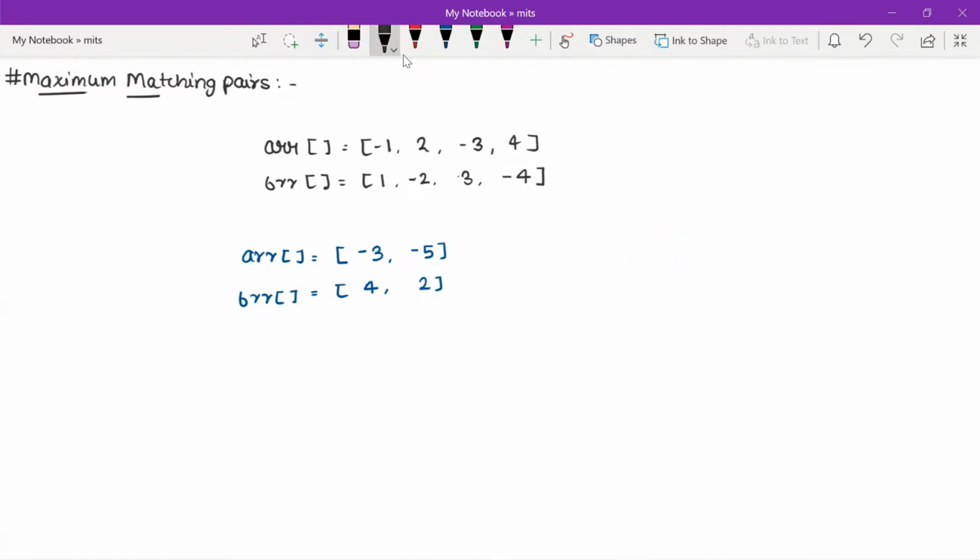So the very first step is to sort both the arrays: sort ARR, and then sort the second array, BRR. And after sorting, iterate over all the elements of ARR first and consider only the negative elements. So for every negative element in this array ARR, I'm going to select the element with the maximum positive value